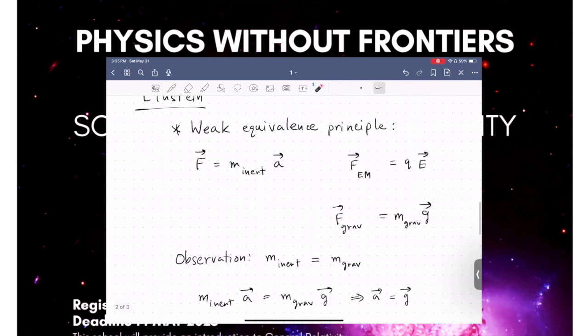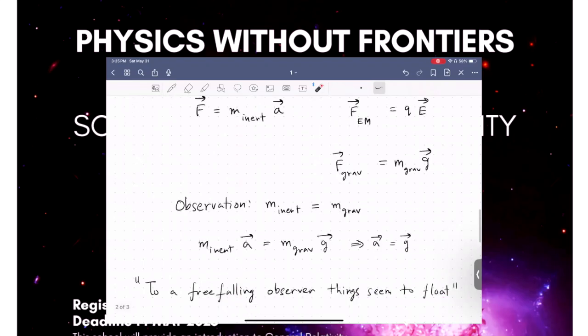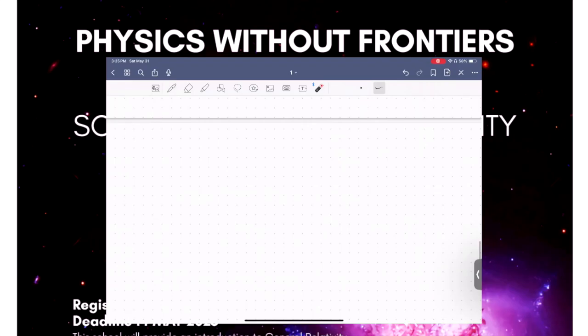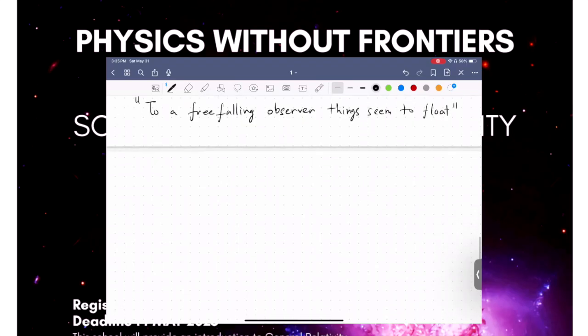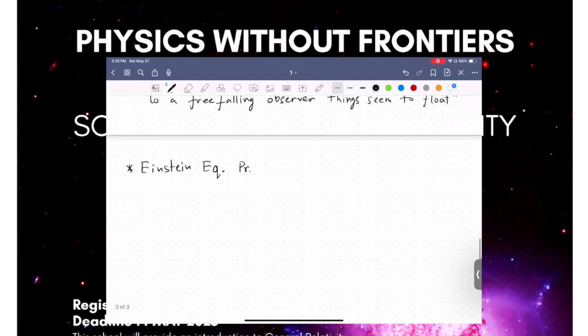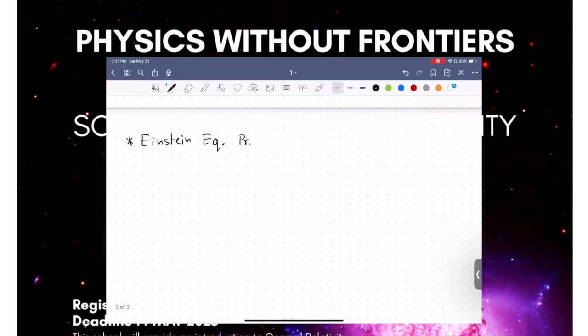This statement that this inertial mass is the same as gravitational mass became slightly more plausible because there was something special about mass. It wasn't like any other charge. Like electric charge doesn't get mixed up with energy. And eventually, Einstein proposed a somewhat stronger version of this equivalence principle, which we can call the Einstein equivalence principle. And the slogan here is that